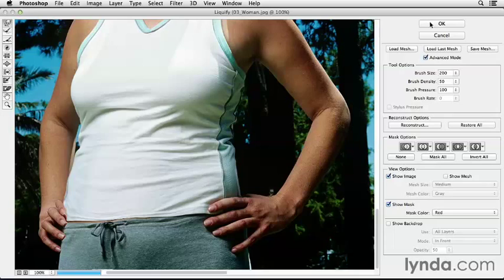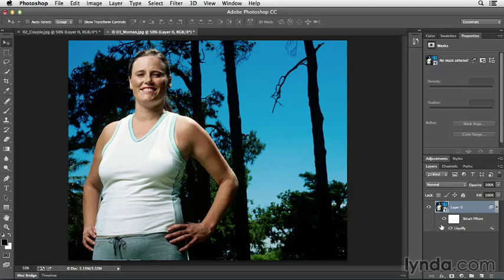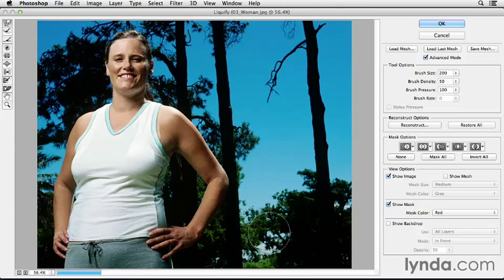I might just want to get this line a little straighter right along there. All right, we'll click OK. And then we can take a quick before and after, toggling on and off the eye icon next to Liquify. So there's before and there's after. Now I see that I've pulled up a little bit too far in the foreground here, so that's the nice thing about having this Liquify be a smart filter, because if I need to make changes to it, I simply double click where it says Liquify, and then I'll make